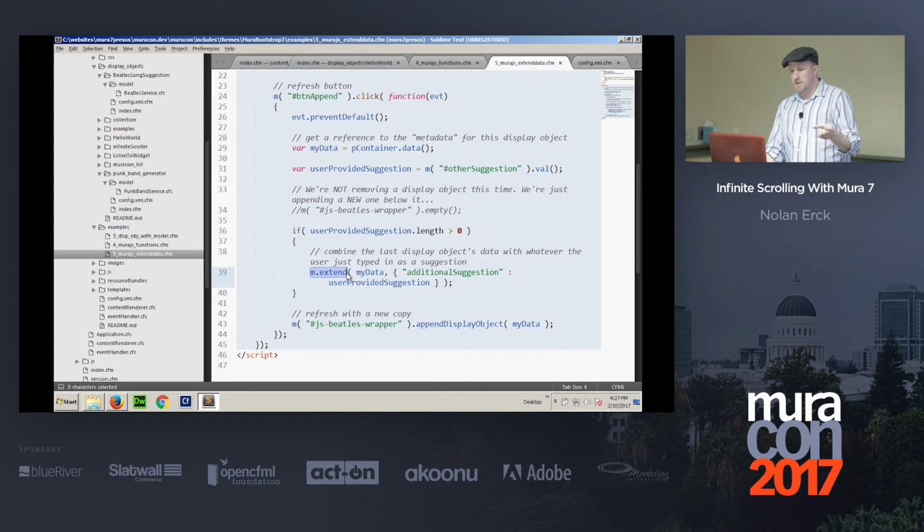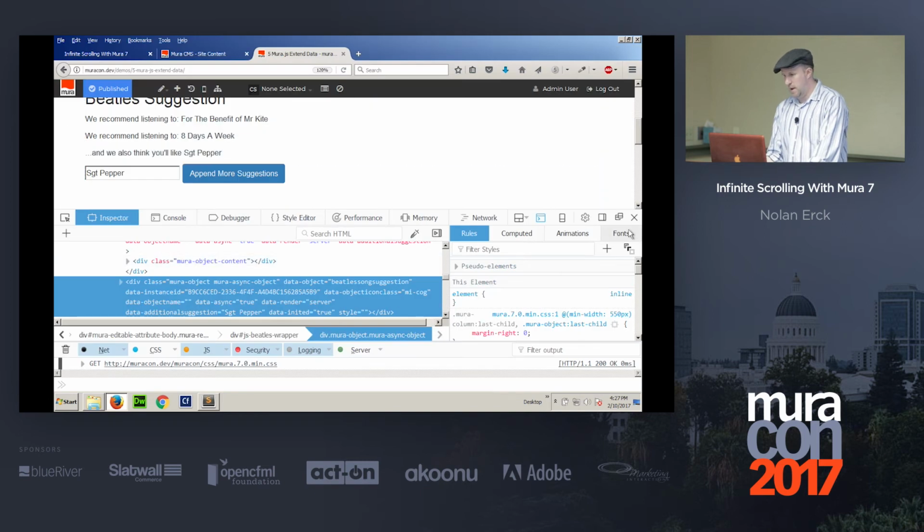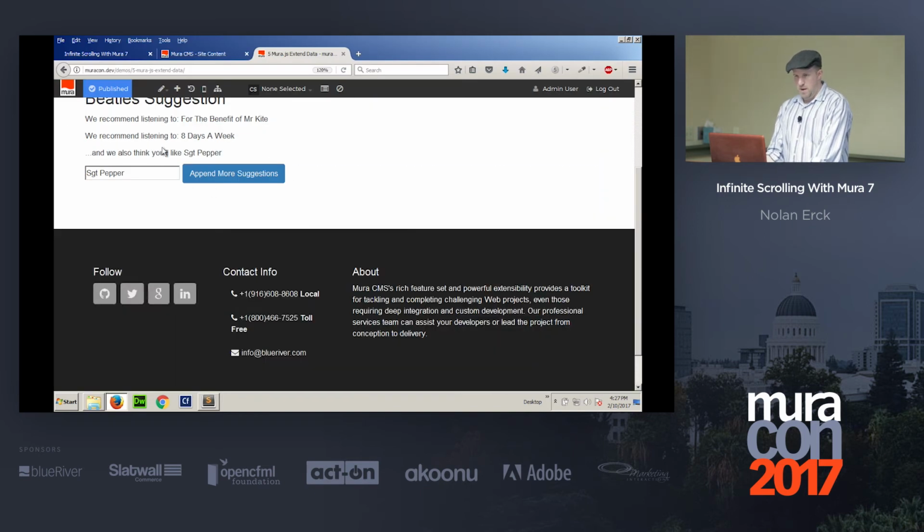and then I'm going to use the Mura.js function extend. This takes a copy of that original metadata from the first display object, and I'm going to stick a new parameter in there that wasn't there before. If we don't already have a parameter in here called additional suggestion, make one, and then stick whatever I typed into that text box into that value. So we've now made a new copy of it, and it puts all that stuff back into my variable myData. Then I can take that myData value, pass it into append display object, and that's where it's going to actually create a new copy of the display object, refresh that portion of the screen, and stick it into the bottom of the app. And that's why when I go back over here and run this a third time,